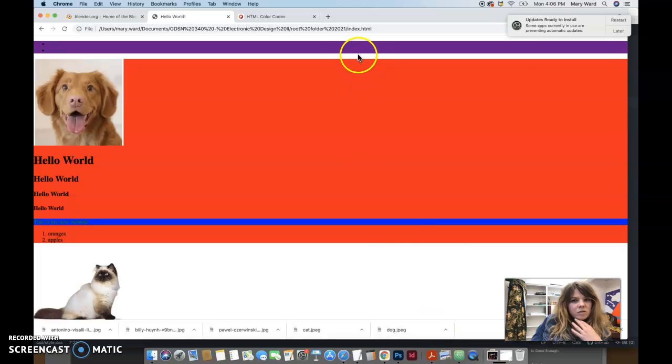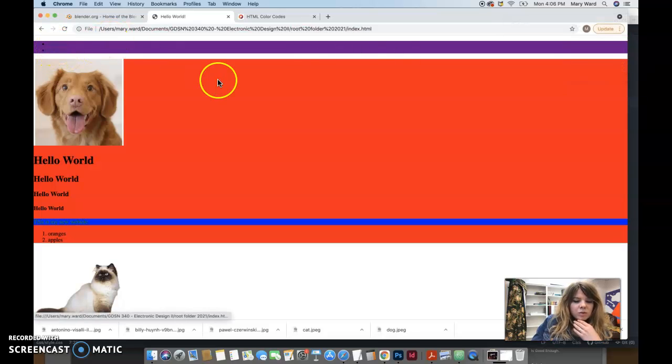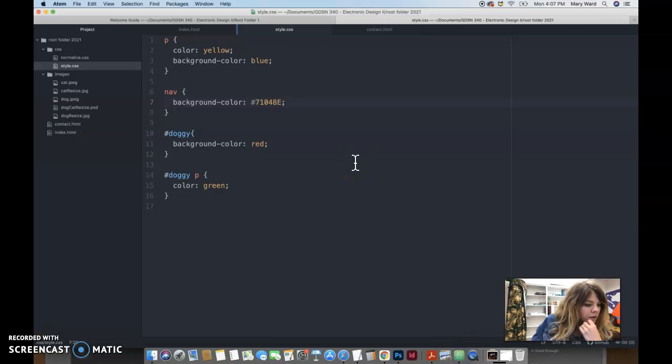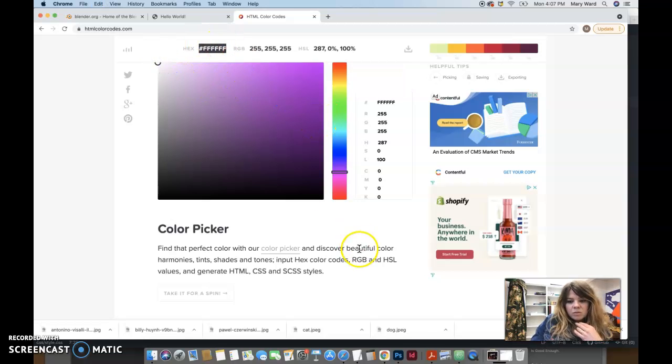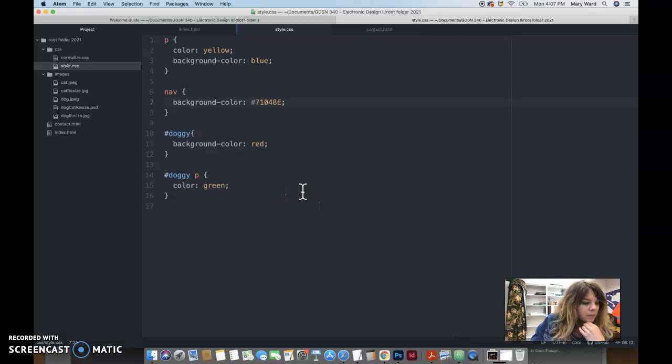So it has padding above and below it, which is just spacing, or it might be a margin too, I'm not totally sure, but anyway, we're going to make this text white so we can actually see it. So let's go into Atom. To make the text white, let's grab the hex value of white from HTML color codes. I believe it's F six times, and then go to Atom,